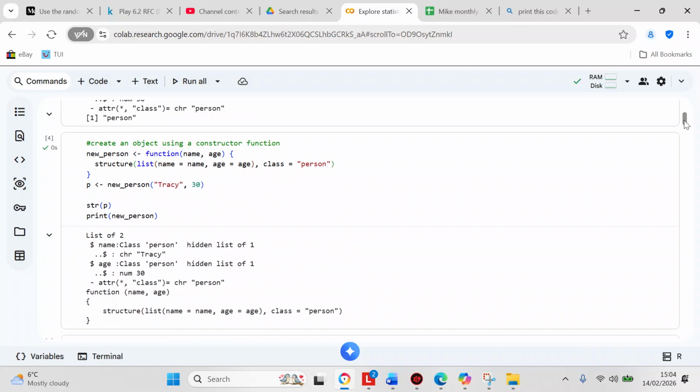We're going to create an object using a constructor function. So new_person <- function(name, age), and this is how the function operates: structure(list(name = name, age = age), class = "person"). And p <- new_person("Tracy", 30), because it accepts the name and the age